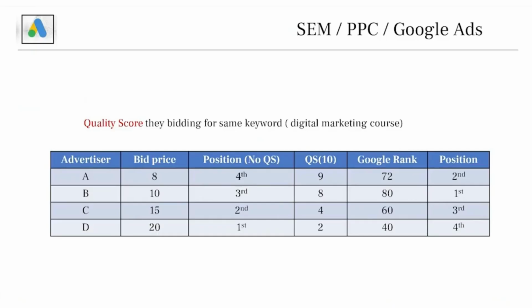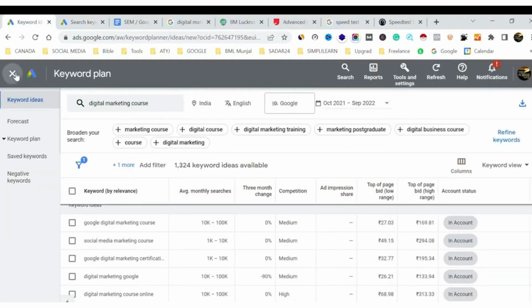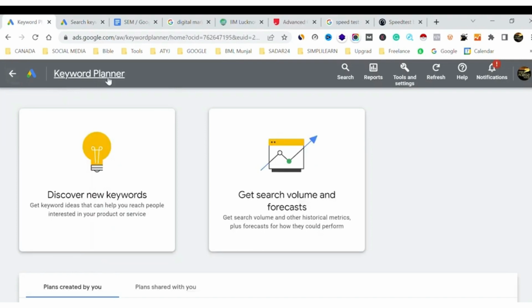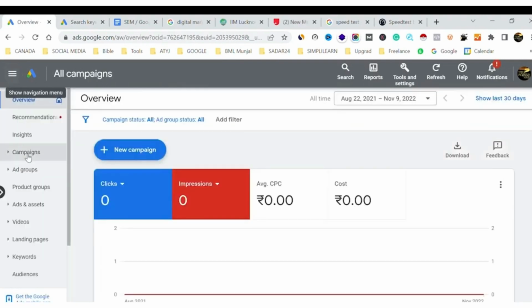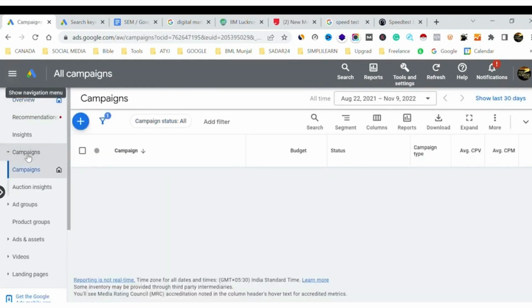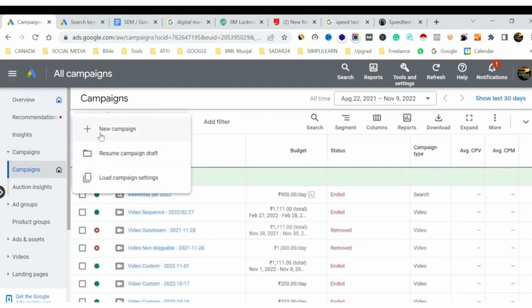Now I would just move to the campaign making. Though we have done this as I told you last time, I will try to make it again so that we can quickly see how the Google search ad is created. If I go to the campaign, my demo account, I have to go to the Google Ads account dashboard, and then I would come to the campaigns. I would just click plus, new campaign,